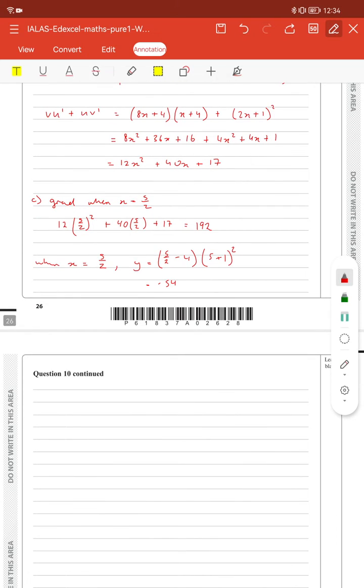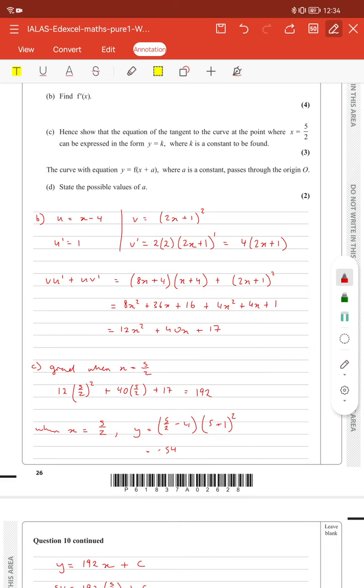And what we're going to get here now is y is equal to m, our gradient, which is 192 x plus c. So minus 54 is equal to 192 times 5/2 plus c. Which is going to be minus 54 is equal to 480 plus c,